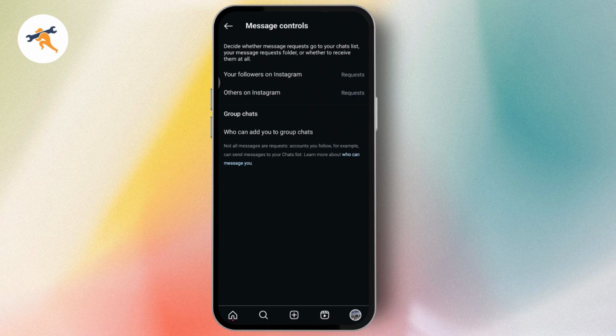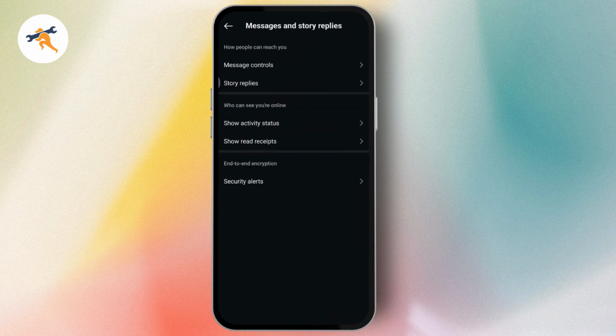You will have an option of allow access to messages. So make sure that you have allowed that option. And once you allow that option, now you need to go back and your problem will be fixed. So that's how you can fix your message